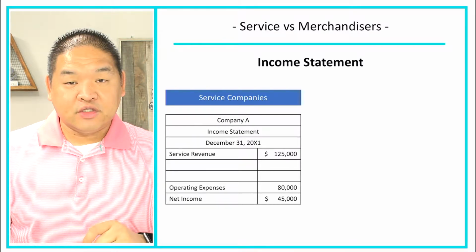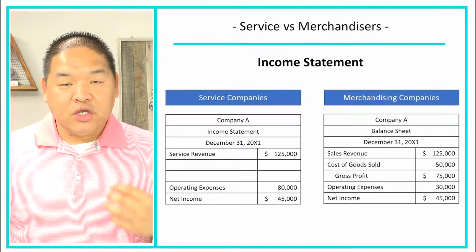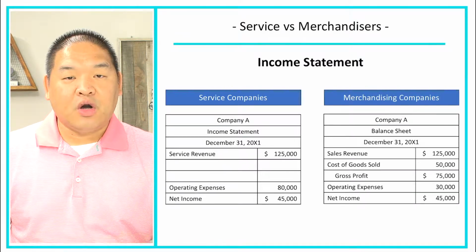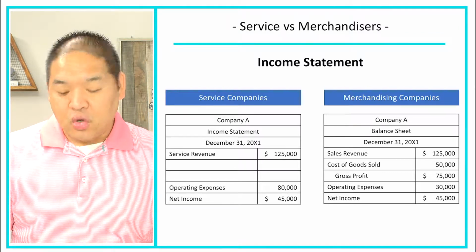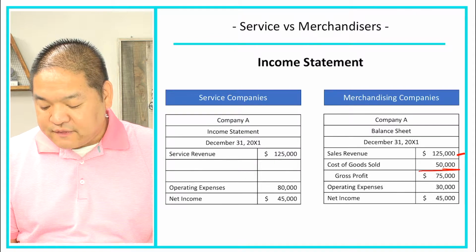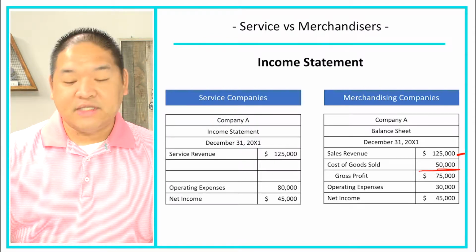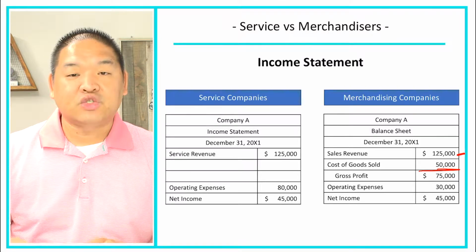Now here's the difference with our merchandising companies. For our merchandising companies, notice that we also put something called cost of goods sold. So we've got revenues of $125,000 and cost of goods sold of $50,000. Now I'm going to explain this later on, but to give you a little bit of preview of what cost of goods sold is,